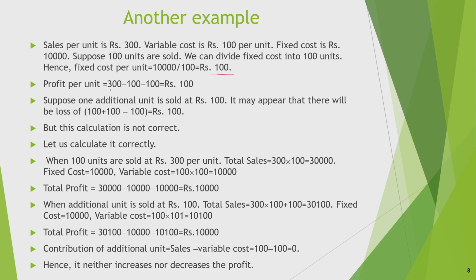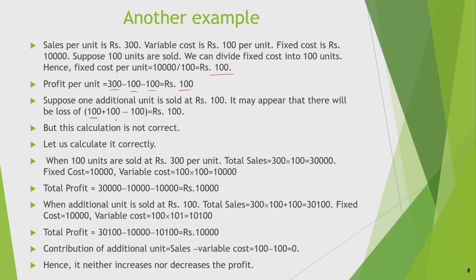And profit per unit will be how much? 300 minus 100 minus 100, that means rupees 100, because this is the fixed cost and this is the variable cost. Suppose one additional unit is sold at rupees 100 instead of 300, it may appear that there will be a loss. It may appear to you that, because I was selling at 300 and then I was making, but you see,